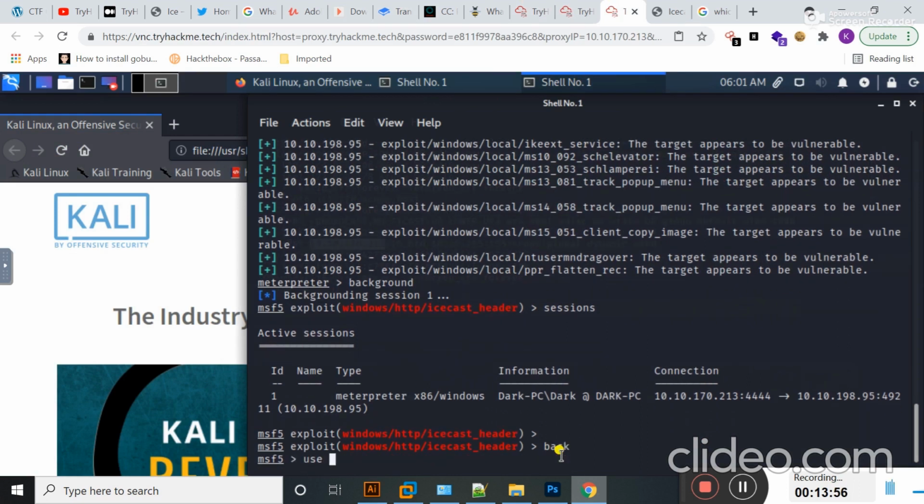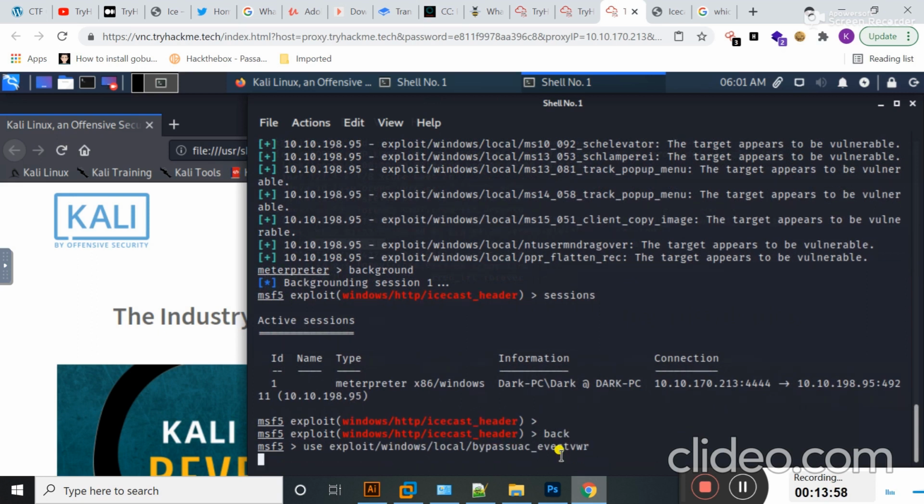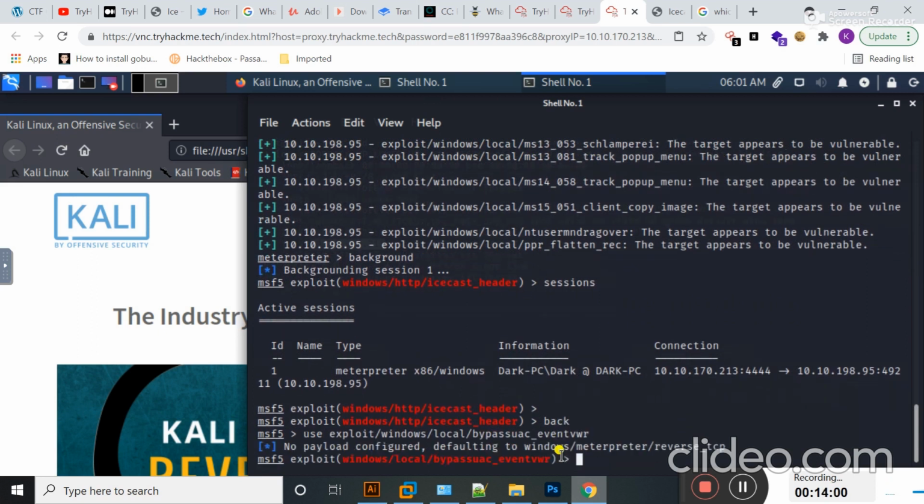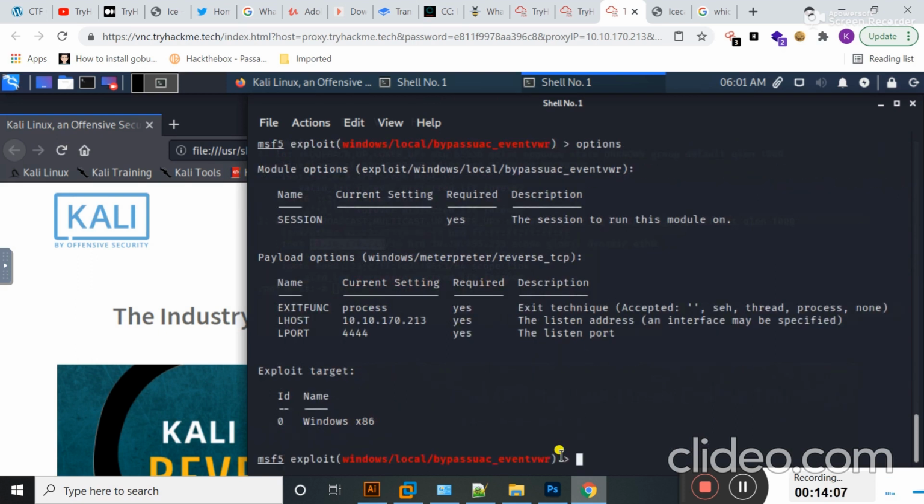I type use and then type the exploit name. You can see the exploit name is present here. If I type options and hit enter, the option that I should set is session. So guys, I type set session 1 and hit enter.